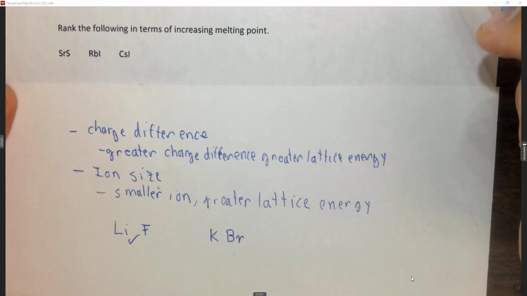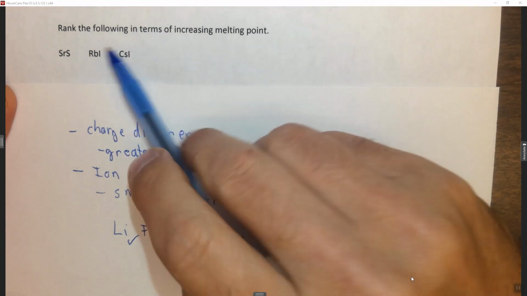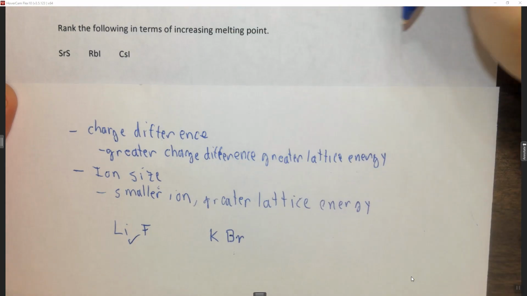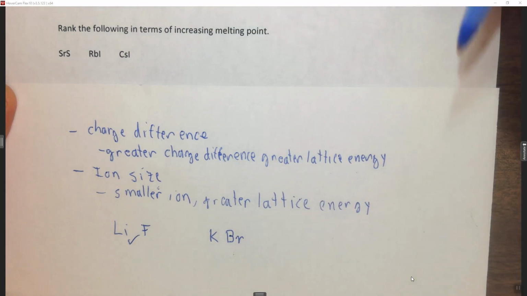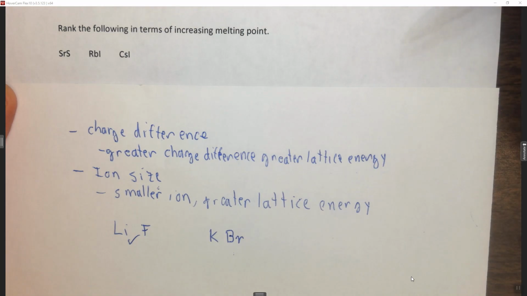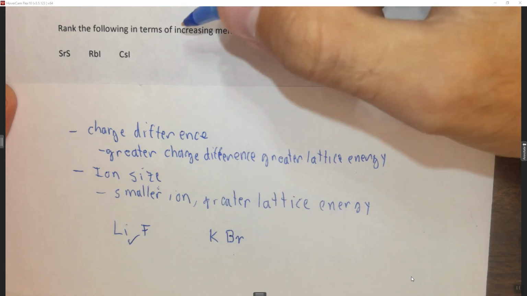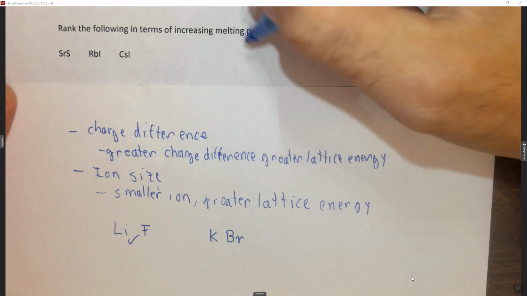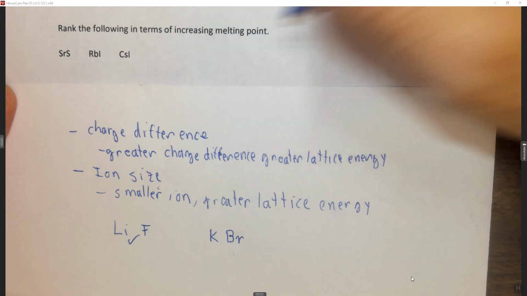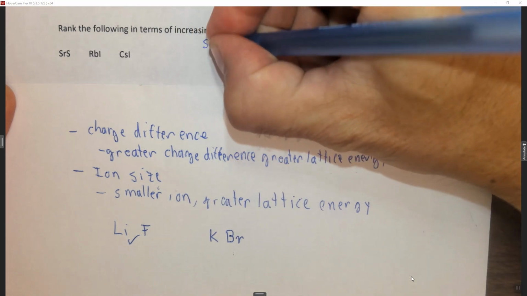So if you haven't watched question 9, please start with that. It says rank the following in terms of increasing melting point. Melting point and boiling point are directly proportional to lattice energy. So increasing melting point means increasing lattice energy. So let's take a look here in terms of how we're going to do that. But before we do that, increasing melting point means smallest